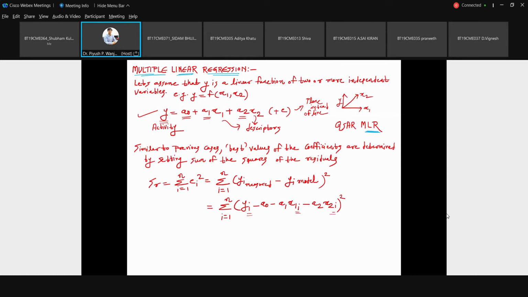Okay. So if you are considering two descriptors instead of one, earlier we just had a line representation. Now it can be converted into a plane representation if you want to talk in terms of space coordinates. The other day Prabhuda asked one question about what happens if more than three dimensions come into the picture. There are some interesting videos related to this. I will share one of them.